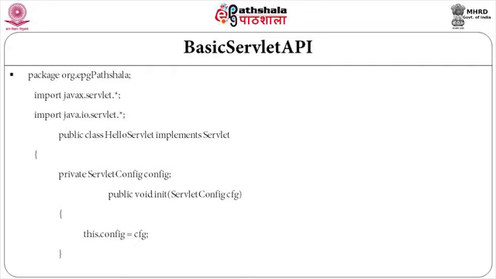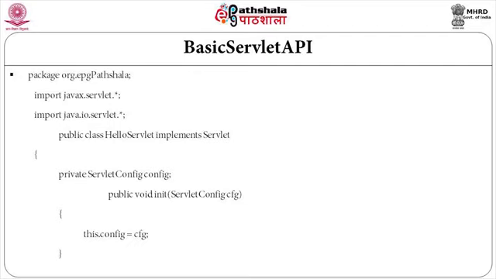we write our class as public class HelloServlet, which implements Servlet. Within this, we recollect, we have to write the implementation of getServletConfig, and therefore we declare one private variable to keep the servlet config object. So, we have private ServletConfig, let us call the variable name config. That is the only variable we will keep here, and then we will need to write the implementation of those 5 methods of the interface. So, first method, the init method.